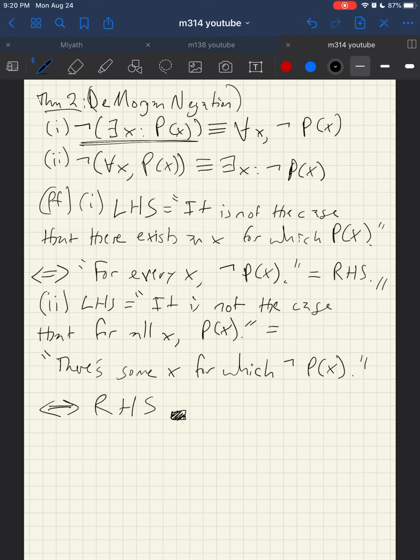When you're done with the proof, you get to draw a little rectangle and then fill that rectangle in. That's your reward for finishing a proof. Okay,